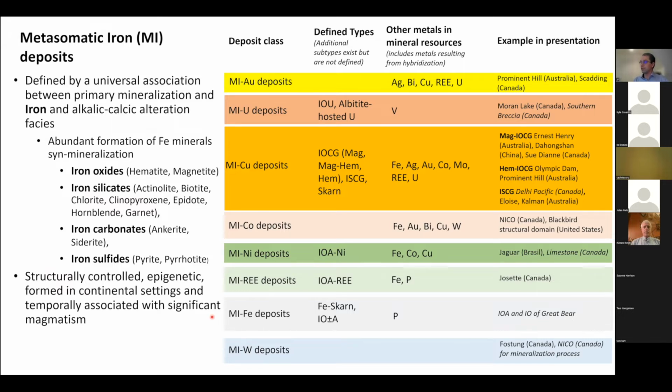And then here, it could be a representation of the different classes of deposits that are possible, going from tungsten, iron, rare earths, nickel, cobalt, copper, uranium, and gold. All of these can be part, or are part, of the same evolving metasomatic system. With the metasomatic iron copper deposit, a type can become IOCG deposits, magnetite group, hematite to hematite group, and iron sulfide copper gold deposits, for example.